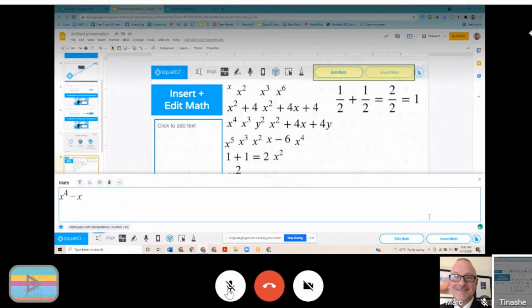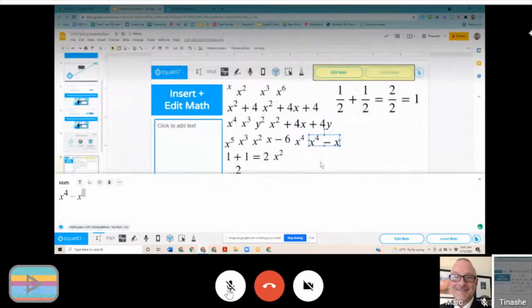Okay. And I'm clicking on Insert Math. That is the important button, the button that you would use every single time you use Equatio, because I don't want it trapped here in my equation editor, right? I want it to be here in my file. So another thing that you may not know about Equatio that distinguishes it from other equation editors is the